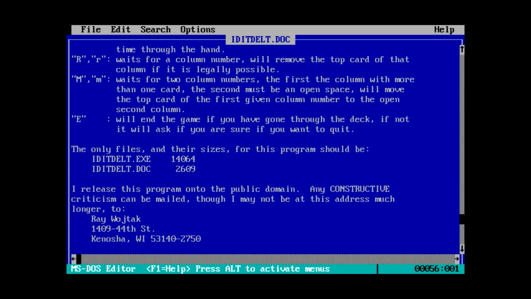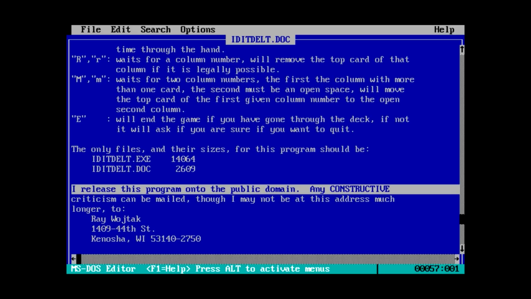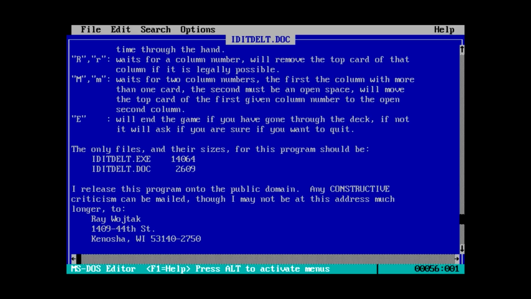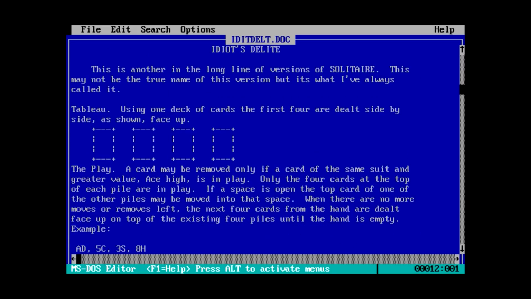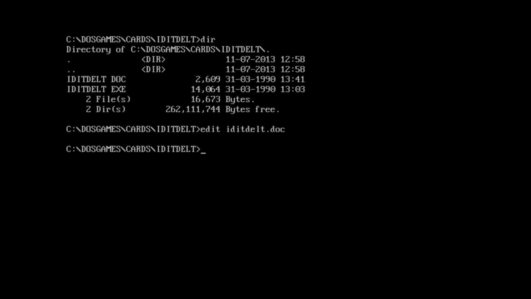Huh. And apparently instead of shareware or freeware, we have actual public domain for once. Although the person did include a mailing address for any constructive criticism. Although he admits that he might not be at the address much longer. And apparently this is made by Ray Wojtek, if I'm pronouncing that correctly. Because yeah, we see a lot of ancient addresses from people trying to sell this stuff. Like, I seriously doubt any of them are valid anymore. So, anyways,